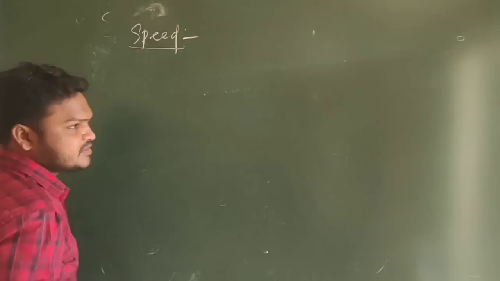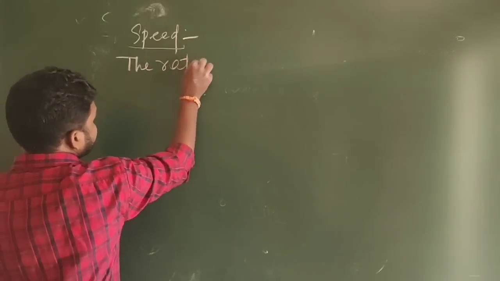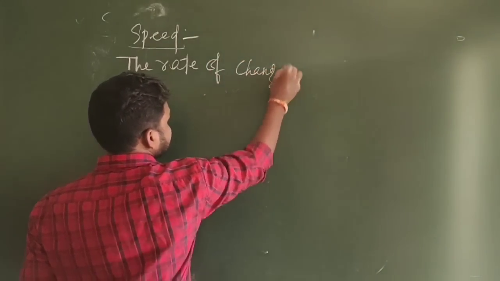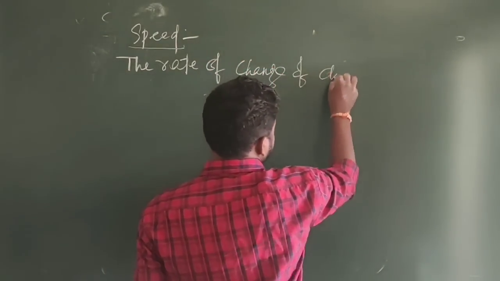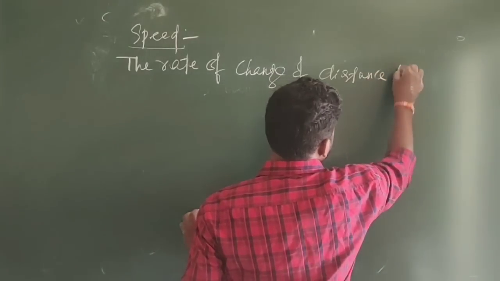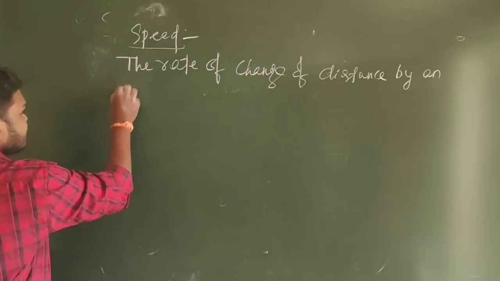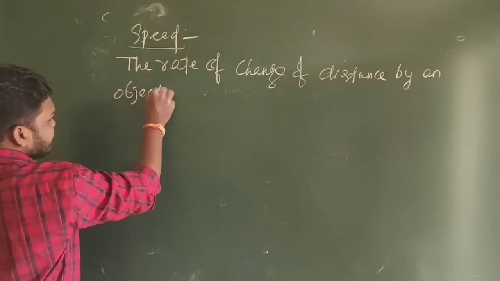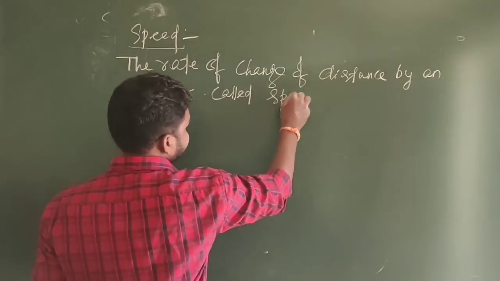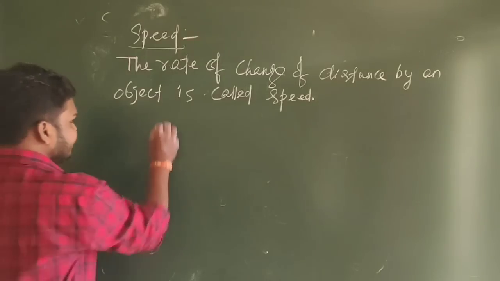Directly I write the definition of speed, that the rate of change of distance by an object is called speed. And mathematically